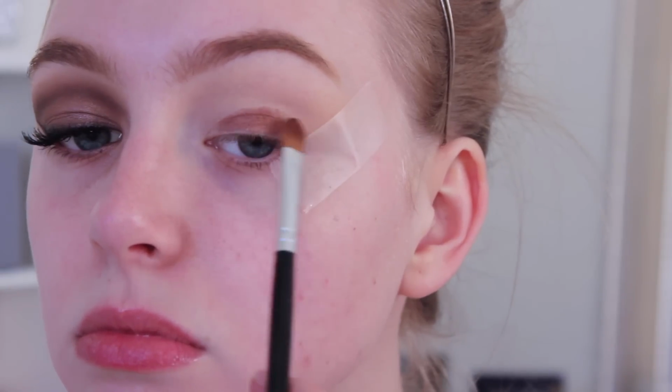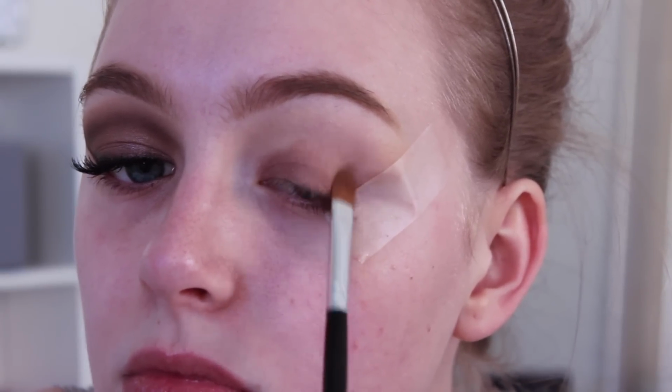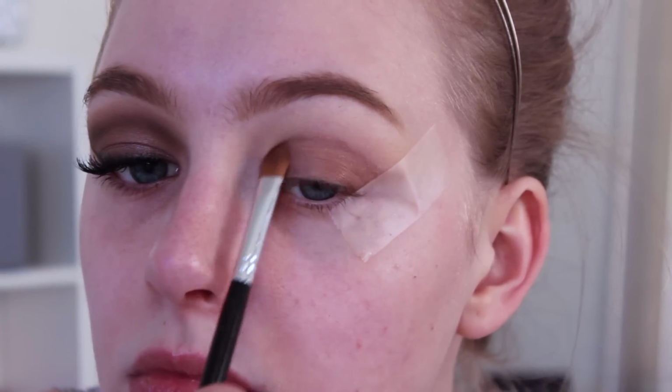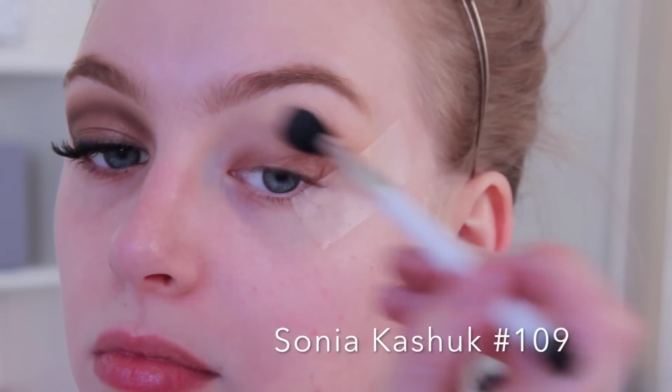shade. Later on in the video, you'll see I place a lighter color over top of this because I wanted to lighten up the lid space a little bit. But first, I placed this color, and in the end, I was really happy with how the combination on the lid worked out. Then, of course, I'm just going in with a clean blending brush and blending out the harsh